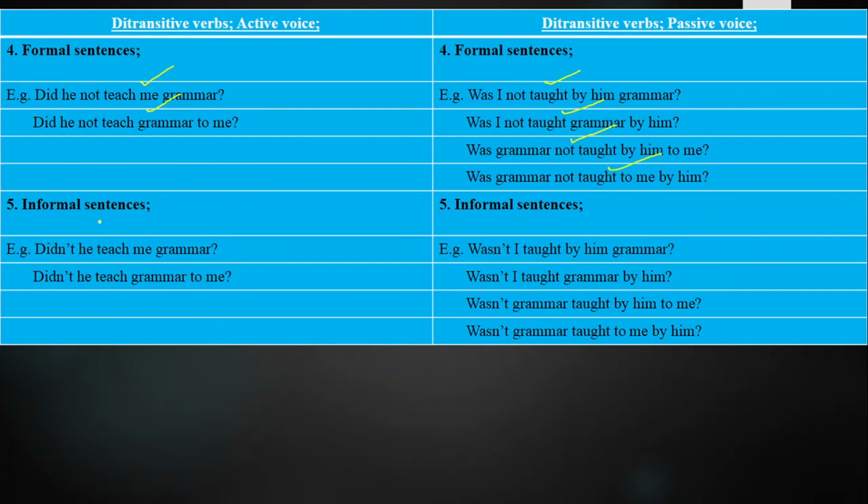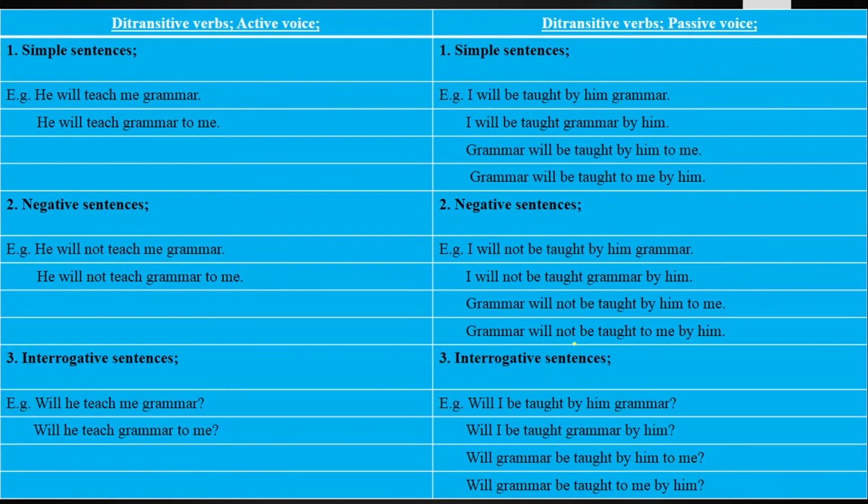Informal sentences we have: didn't he teach me grammar, didn't he teach grammar to me, wasn't I taught by him grammar, wasn't I taught grammar by him, wasn't grammar taught by him to me, wasn't grammar taught to me by him. Next we have the last indefinite tense, known as the future indefinite tense,